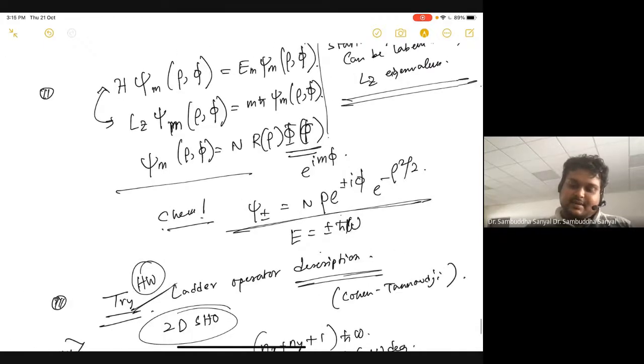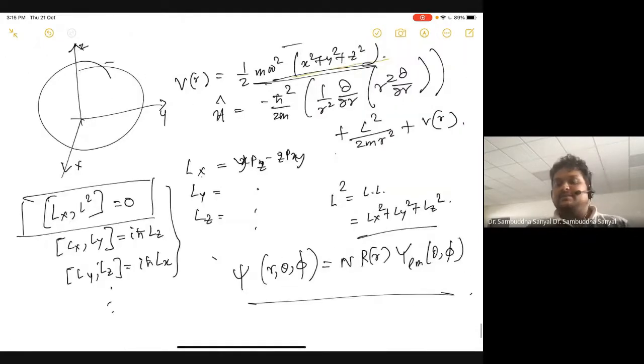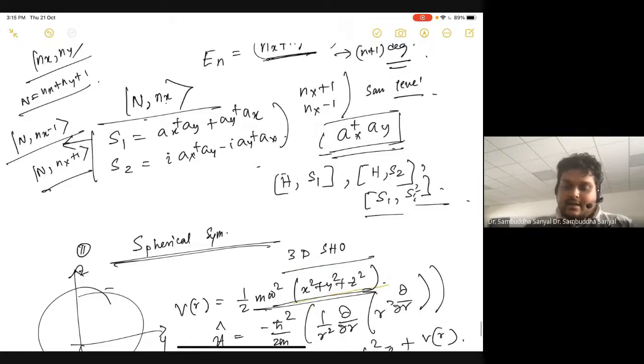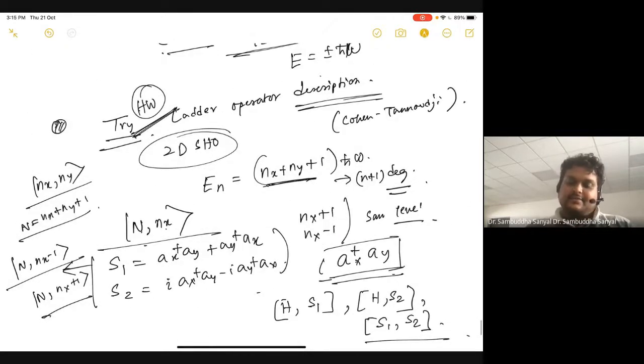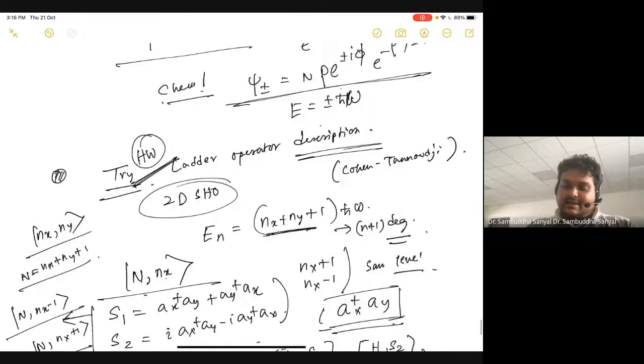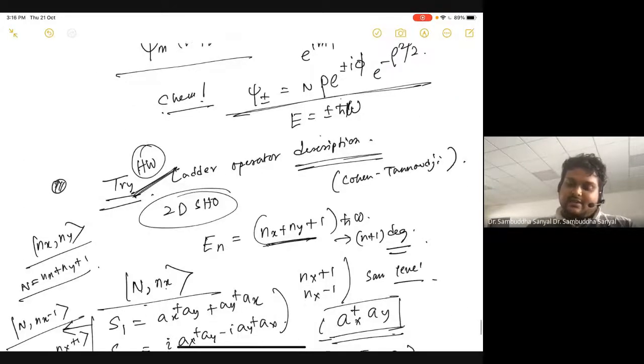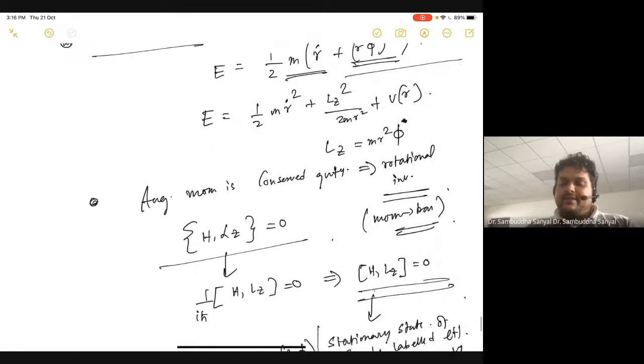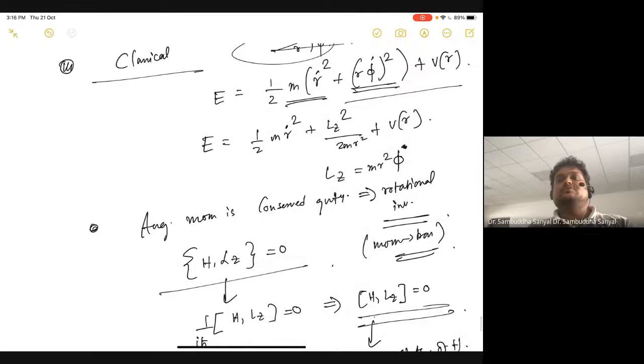So just extend this problem to 3D and try to work out this part. This is a little non-trivial exercise, but if you have internalized the ladder operator business in the harmonic oscillator, it's not hard. Any of these problems can be done in two ways. One is the algebraic way, another is the functional way. And all of them should manifest the same structure or the same symmetry. This problem has this Lz and so on. That is why the other one also has S1 and S2. And everywhere you are exploiting the fact that there are two mutually commuting operators.